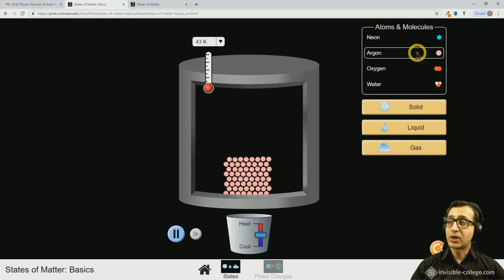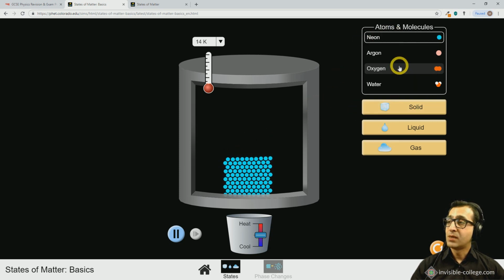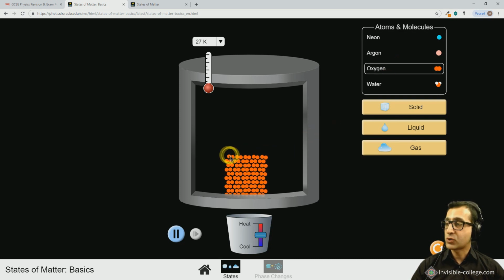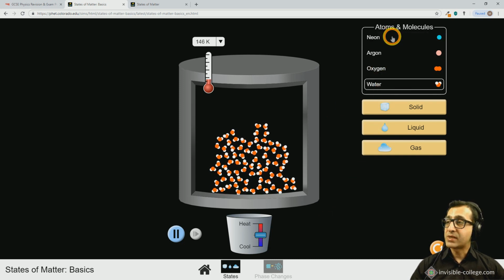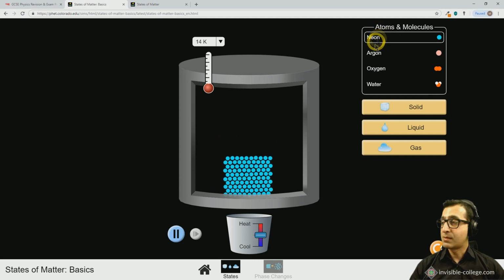We could just as easily look at other substances here, like argon, which is another group 0 element. These are monatomic elements, and so these circles represent individual atoms. But we can also look at molecular substances like oxygen, which is made up of pairs of oxygen atoms bonded together into molecules, or we can even look at water molecules. So let's keep it simple, though. Let's just take a simple